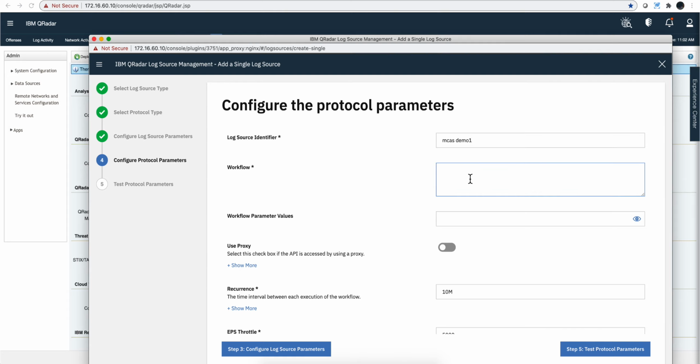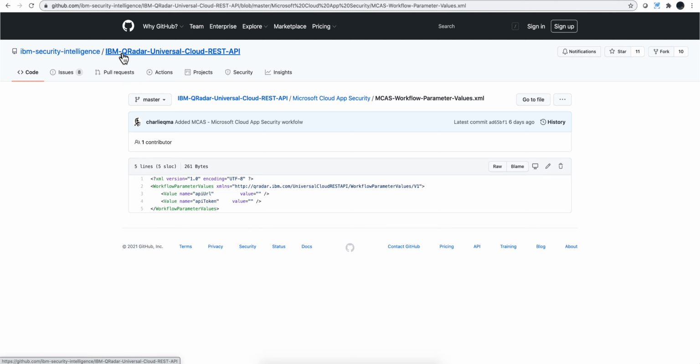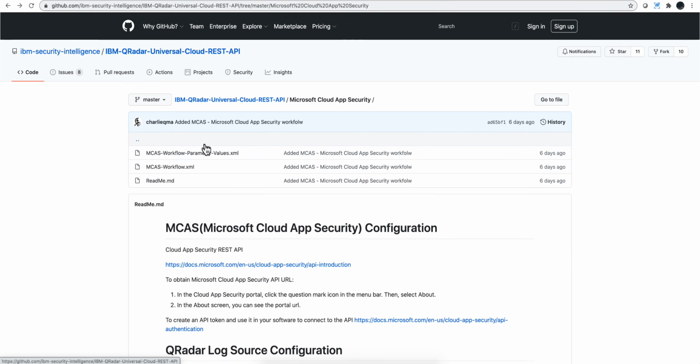and the parameter values I showed you in the editor with your appropriate field. You paste them here, and they're obfuscated because this is kind of a password. I put the beginning of it, and you see that these are the workflow parameter values, right? And in here on the workflow, all you need to do, and you can grab this, go back to the GitHub that I showed you before, and again the link will also be in the video description of this one,